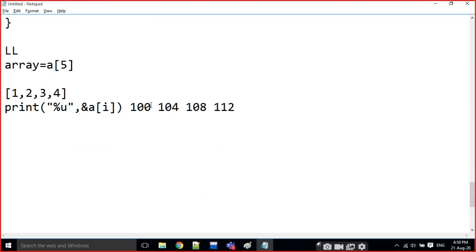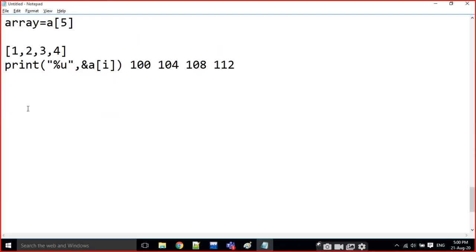But the linked list, which is also a linear data structure, is not consecutive. It is a non-consecutive linear data structure. That means one number is going to be placed at location 100, and the second number is going to be placed in another location. We don't know the address of another variable. Okay, one is at one position, like this.